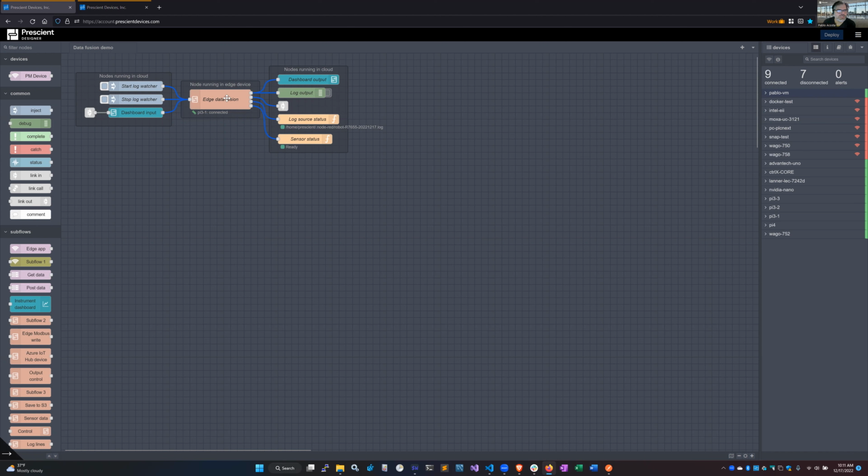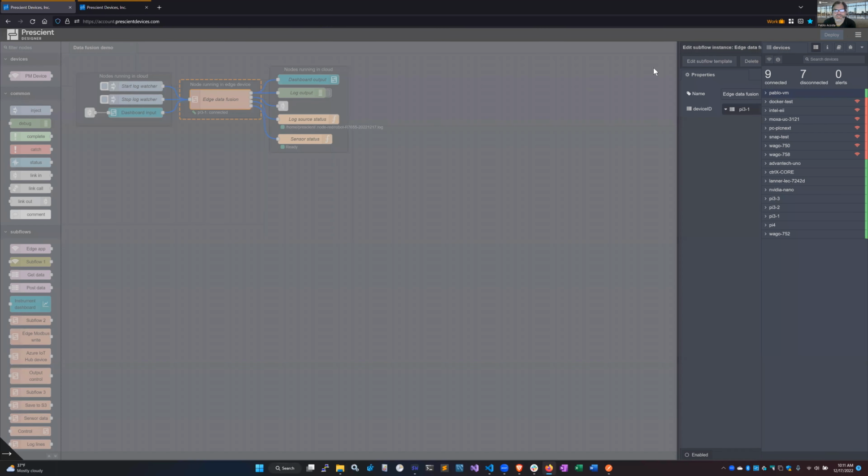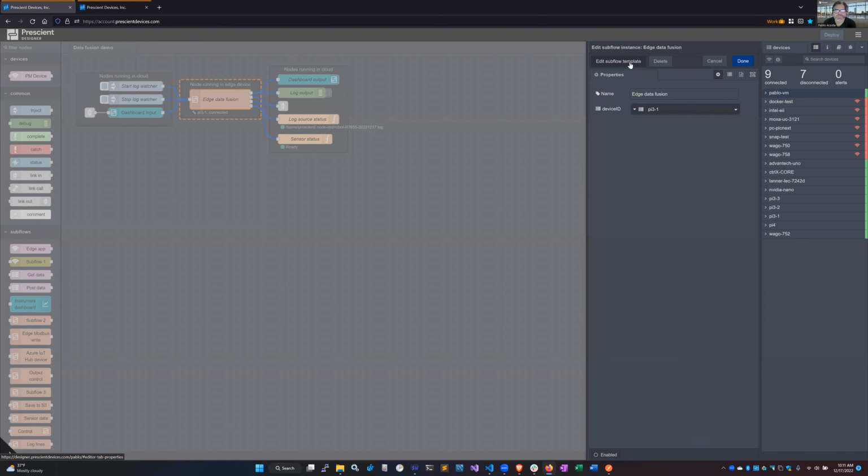And the application will also have a cloud dashboard component with both input elements, which are in this group, and output elements, which are in this group that says it's running in cloud. So what is the Edge Fusion application? If we descend into the subflow that gets deployed to the device,